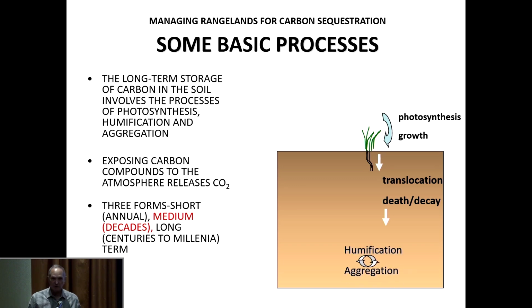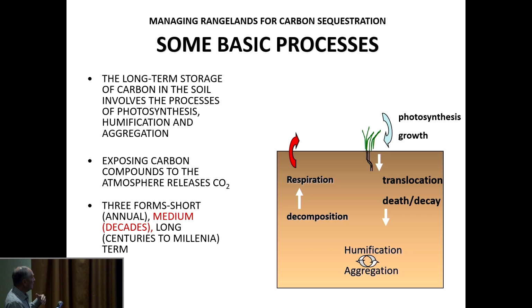That's when we get into humification and aggregation. These are the really important processes for soil carbon and retention of soil carbon. Now, this is the loss side of it, and that's decomposition and respiration. That's where the carbon that comes in via photosynthesis and growth and gets into humification and aggregation then decomposes and is lost to respiration. It's the downside for retaining soil carbon, but it's the upside for the movement of energy through these systems, and that's what makes them work.